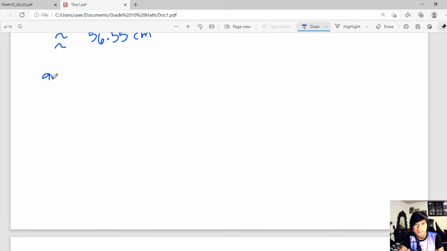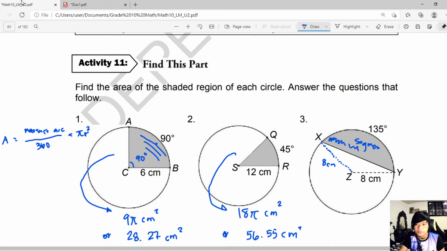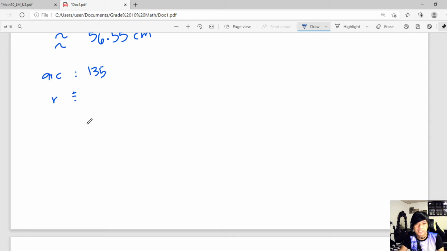So the arc is 135 degrees and the radius is equal to 8 centimeters. So, hanapin muna natin yung sector. Find first the sector. So, the area of the sector is equal to 135